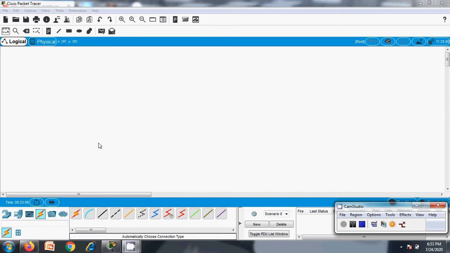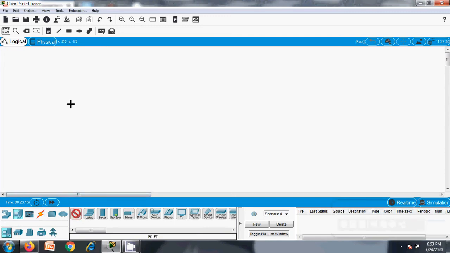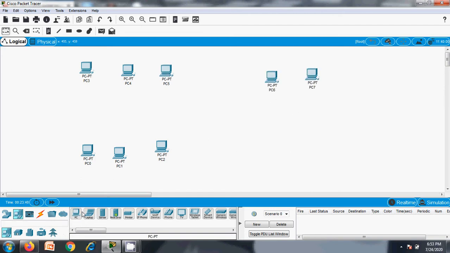So let's discuss how to perform VLAN simulations, right? Let's have a set of, so I have 3 PCs. Let's take all these 3 PCs belong to one single department. Let's have 4 departments in one single organization, right?